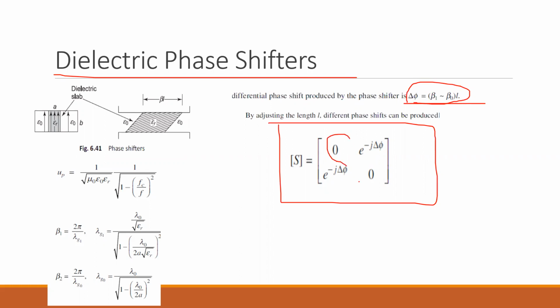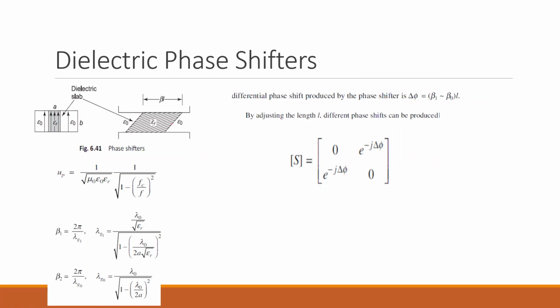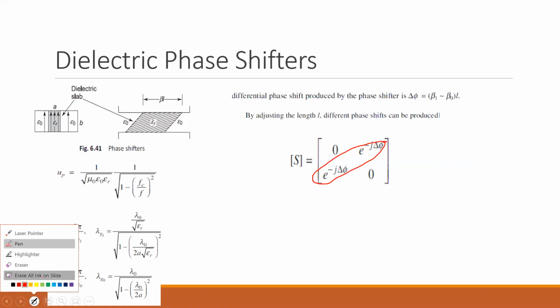Again, you can see that the diagonal elements are zero, indicating that there are no reflections by introducing these phase shifters. And what is the phase that has been altered? It is delta phi. How do you show it? You either write it as angle delta phi, in this case, say you are introducing a phase shift of delta phi, or else you represent the same thing as e raised to minus j delta phi. So the other two parameters are the phase shift representations.